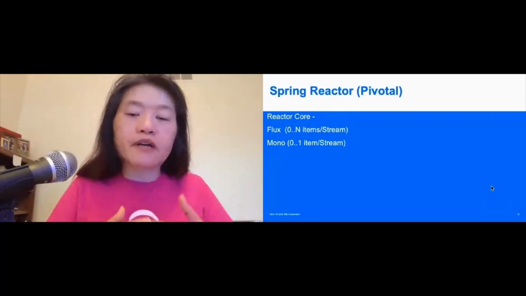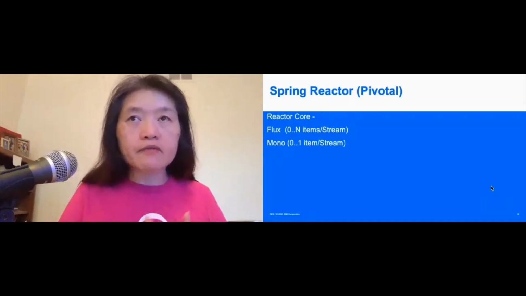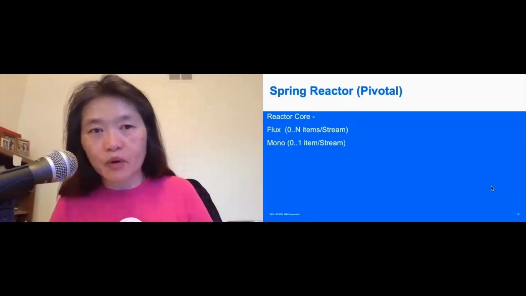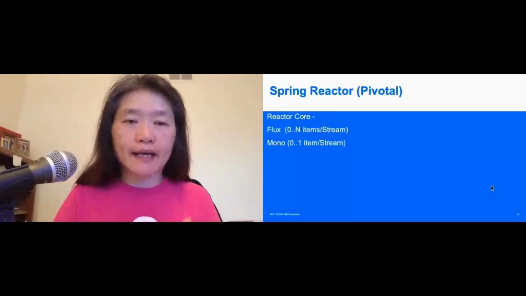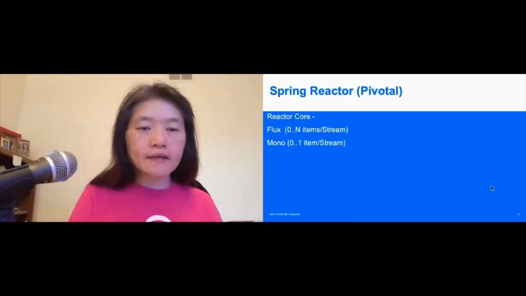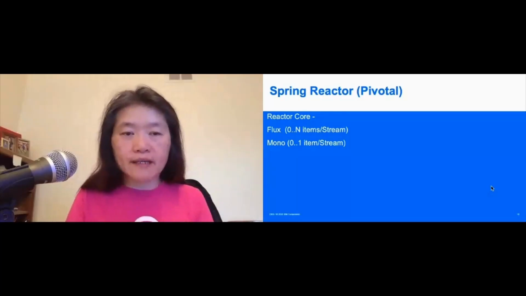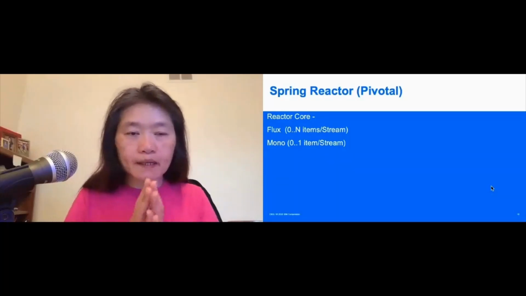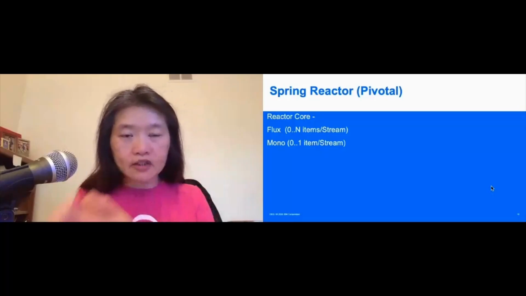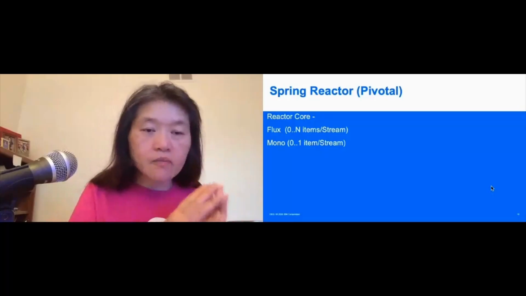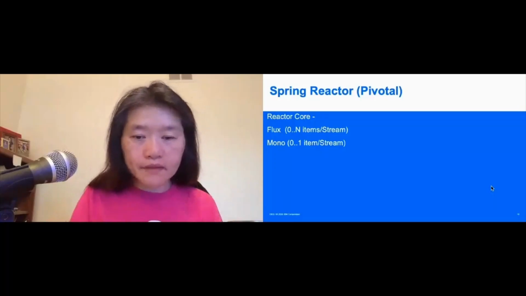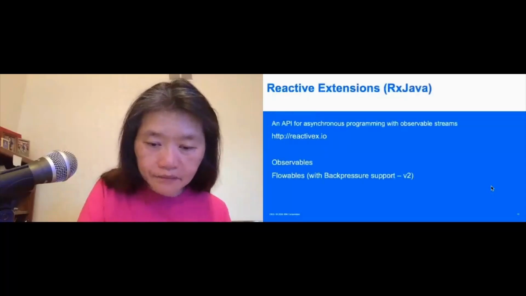And there's also Spring WebFlux, and Spring WebFlux essentially is the web framework, and then Project Reactor is the reactive library that Spring WebFlux makes use of. And then there's also the concept of the Flux. It basically handles 0 to many items in the stream, or 0 to many streams, right? And then there's also Mono. Mono is 0 to 1. So that's something I want to highlight.